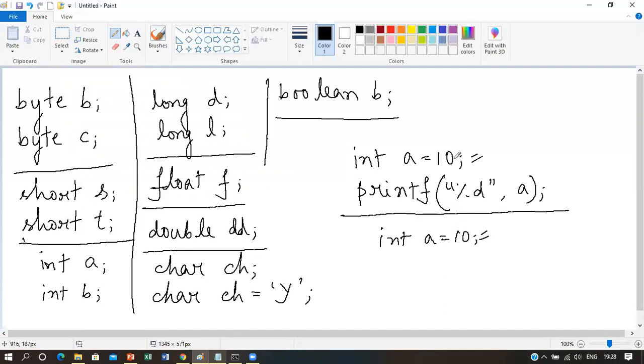The declaration and value assignment that you have learned in C language is there in Java also. The only difference is how you show a value on screen. Here you have used the printf function, and in Java you will be using the print method along with the System class and the out object of the PrintStream class.